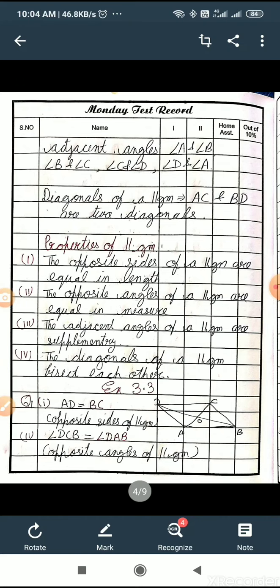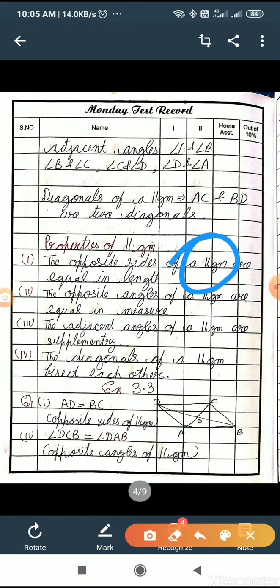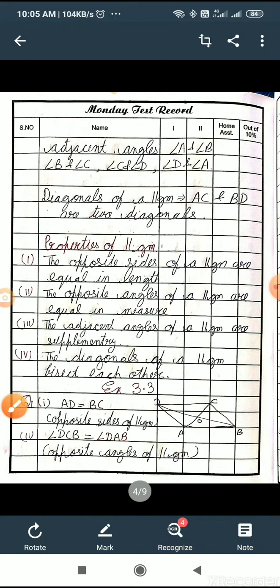Now what are the properties of a parallelogram? These are the parts. One more thing left is the diagonals. The lines joining opposite vertices will be called diagonals. So AC and BD are the diagonals of the given parallelogram. Now, properties of a parallelogram. The opposite sides of a parallelogram are equal in length. This is the sign for a parallelogram in mathematics, so I am writing parallelogram with this sign. What is the sign?